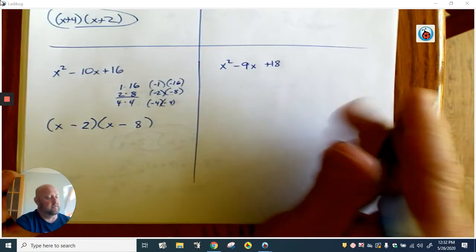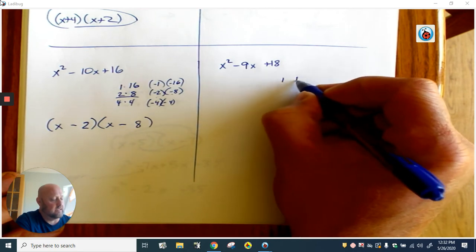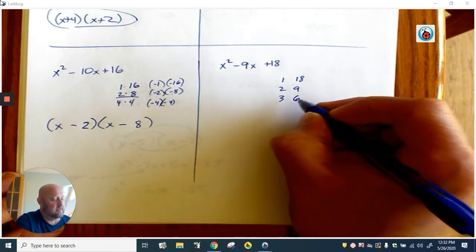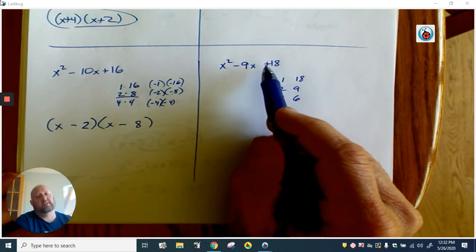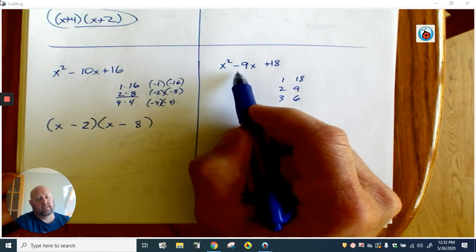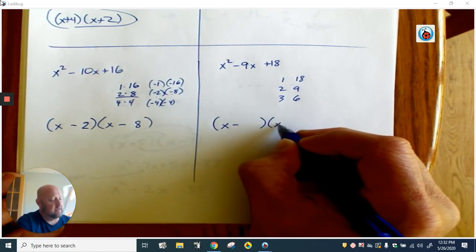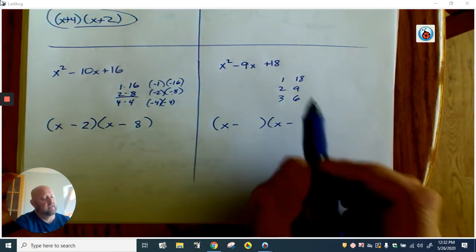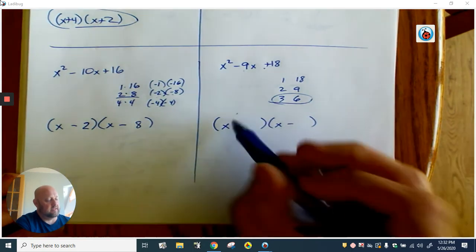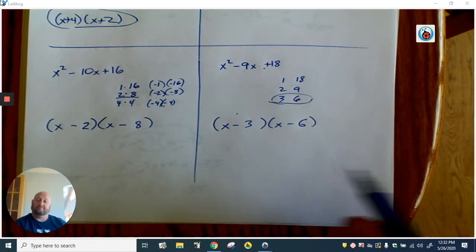Let's try this one. I'm looking for two numbers that multiply to 18. Well, 1 and 18, 2 and 9, 3 and 6, right? I also know the signs have to be the same, right? And since this is negative, I know they both have to be negatives. Which of those adds up to 9? Well, 3 and 6 are the only ones that add up to 9. So again,